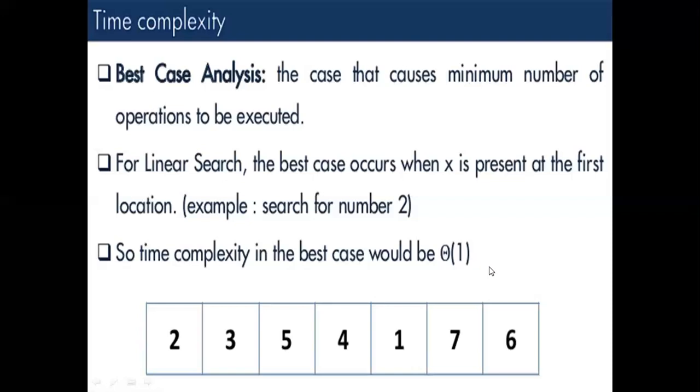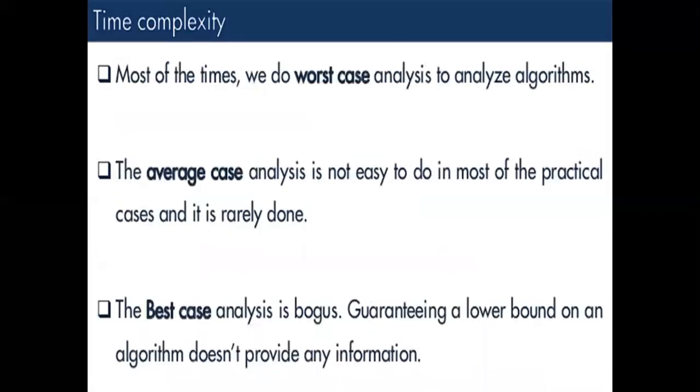And if it is in the last number, the complexity is order of n, order of 7. If it is in the middle, it will take order of 3. All the possible solutions it will take, it will give you the average. So that is called the average. Okay. So here, most of the times we do worst case analysis. Okay. So the average case analysis is not easy to do in most practical cases, and it is